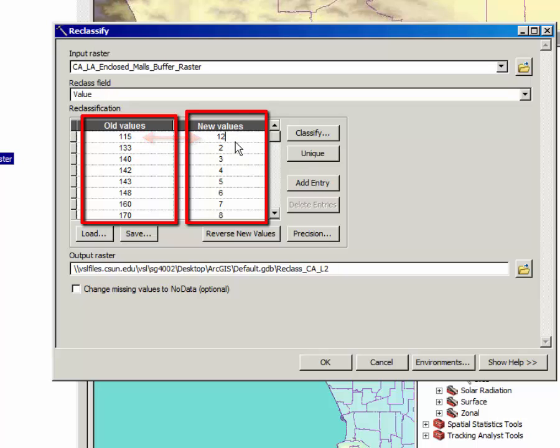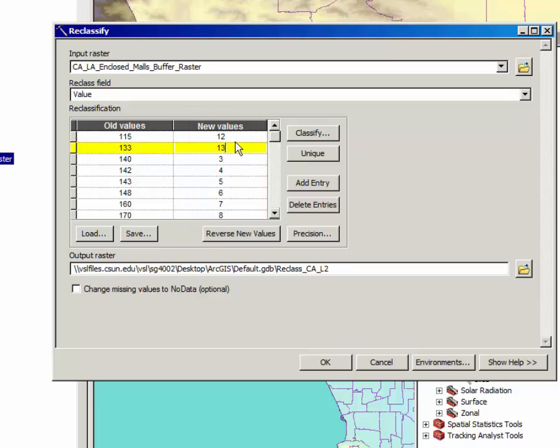So 115 would then be 12. 133 would be 13%, and these represent the additional risk to neighborhoods within 3 miles of a mall. 140 is 14, 142 also 14%, 143 also 14%, 148 is 15%, 160 is 16%, 170 is 17%, 185, we'll have to round that up to 19% risk, 223, 22%, 250 is 25%, and 285, we will call that 29, nearly a 30%